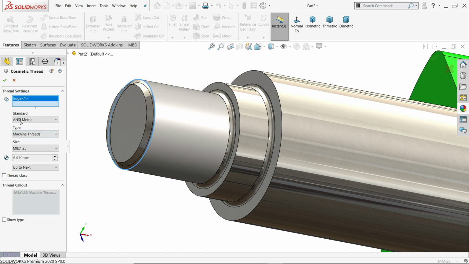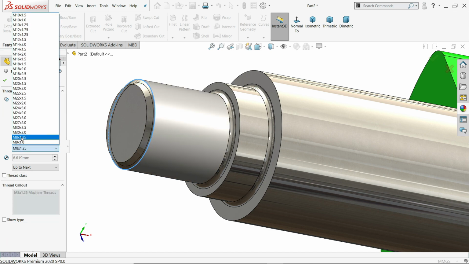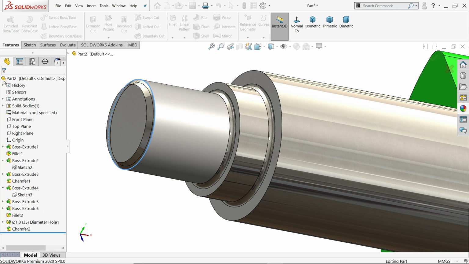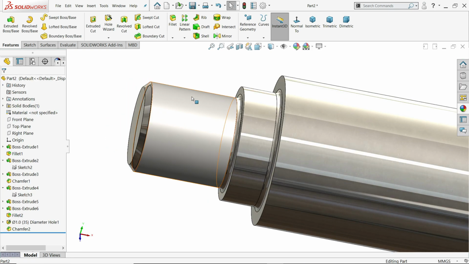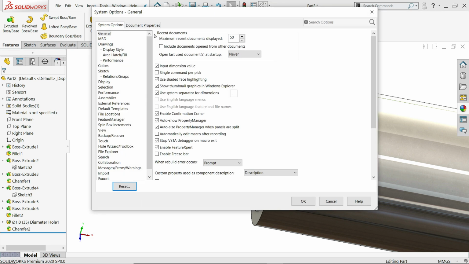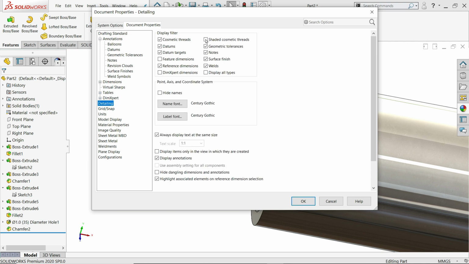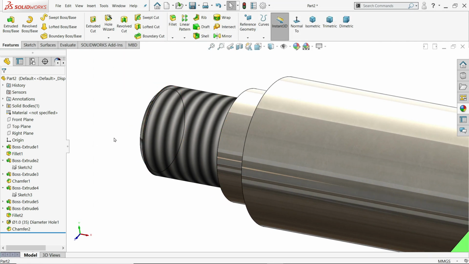I'll choose this edge, metric, M30, up to next, up to this wall. Say OK, but we are not able to see the thread, so go to options, document properties, and here one option, details. Click shaded cosmetic thread, say OK. Now we are able to see.